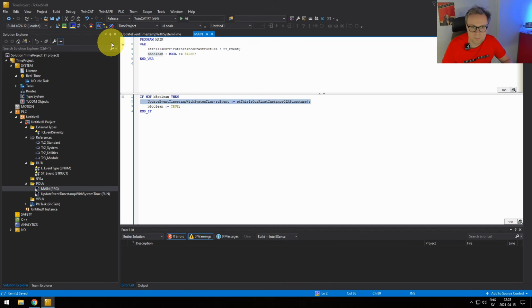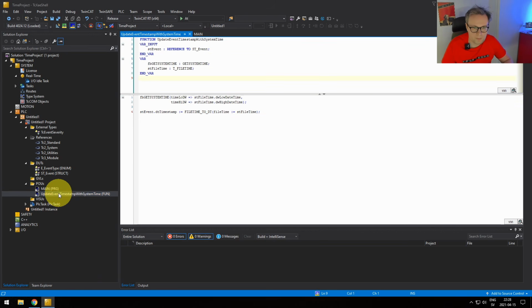Okay? So again, we call the function that we just created. We provide the function with our event. The function takes the event as an input, but the input is passed as a reference, so no copying is done. It's just a reference to it provided into the function, and then we use a Beckhoff function, get system time, to get the system time of the PLC.